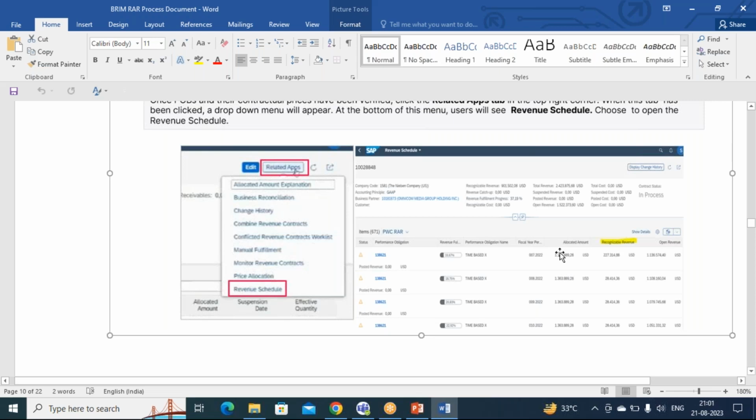Now you can see the amount, how much amount is allocated. Out of this allocated amount, how much revenue we have recognized. And now the open revenue, what is yet to be recognized, right? So that is how RAR is becoming a hot cake, because it's more productive and acts as a revenue leakage or revenue proof